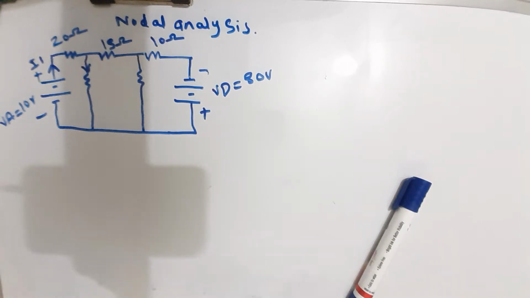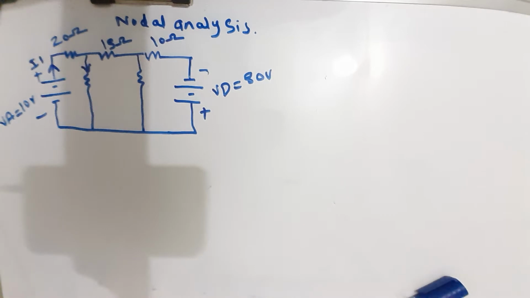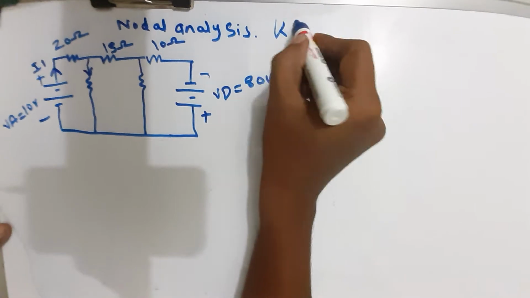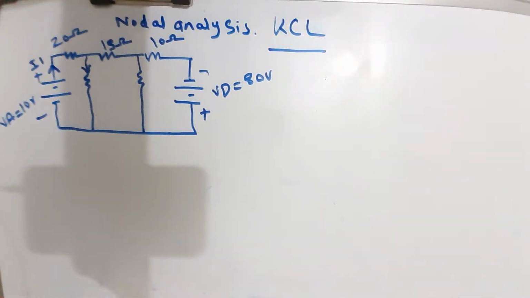Hello students, today we will see the next part of the particular analysis that is called nodal analysis. In nodal analysis we have to use Kirchhoff's current law, while in mesh analysis we have to use Kirchhoff's voltage law. So here we have to use Kirchhoff's current law, that is called KCL. There are different steps to apply for nodal analysis,